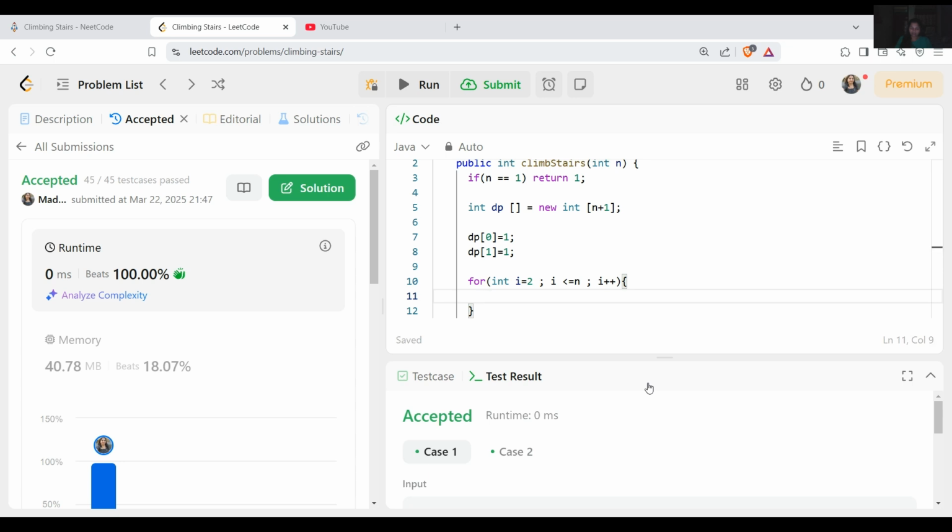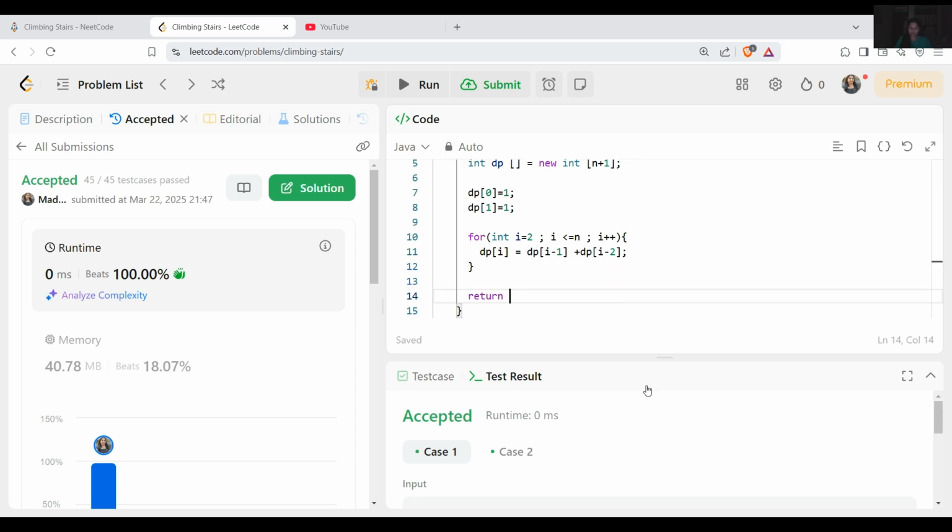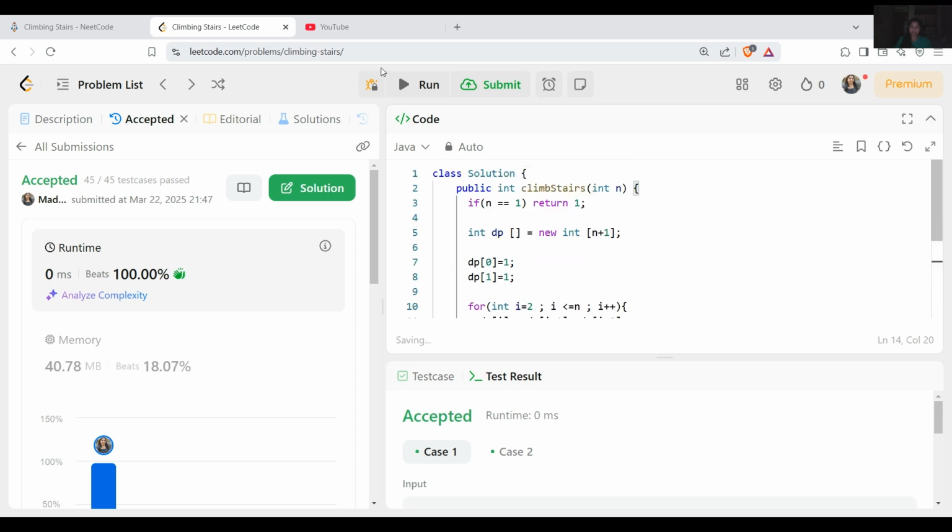Here we put dp of i, the current step, which will be dp of i minus 1 plus dp of i minus 2. Once we have that, we simply return dp of n from here.